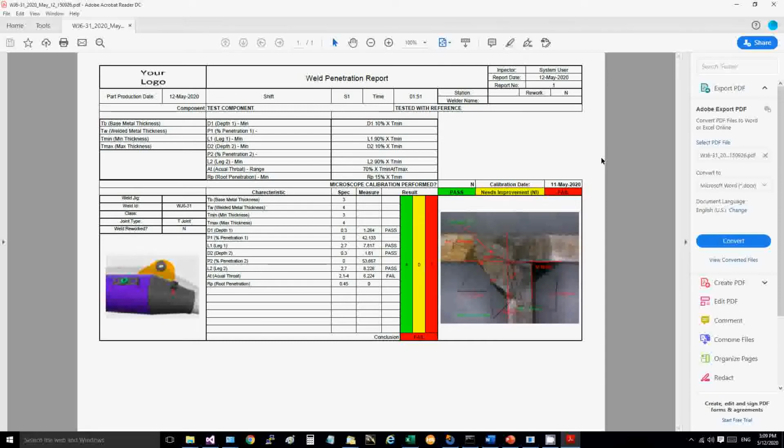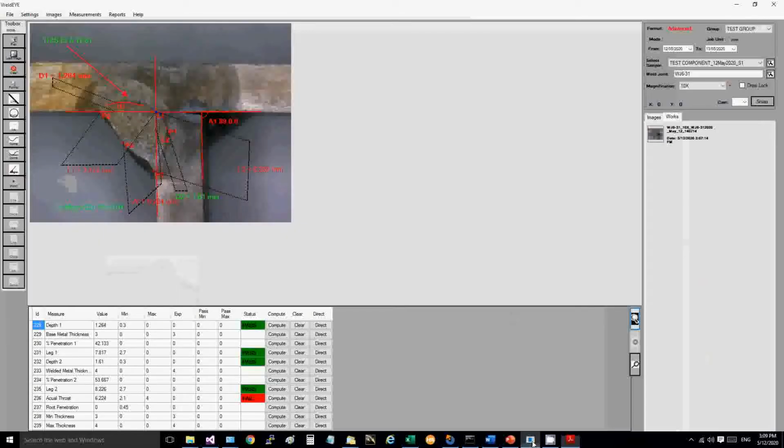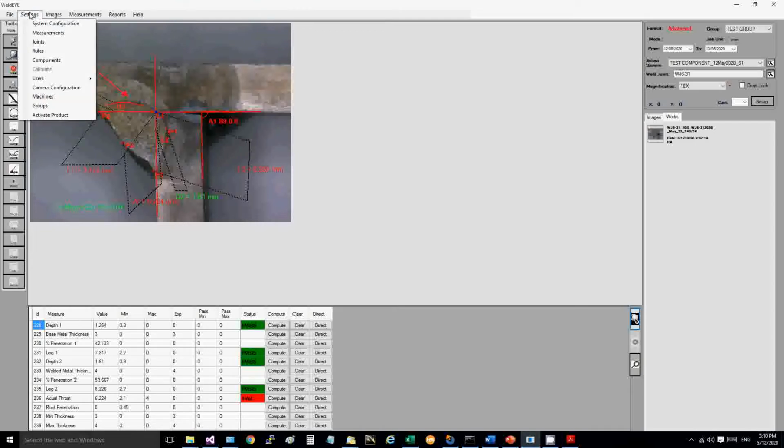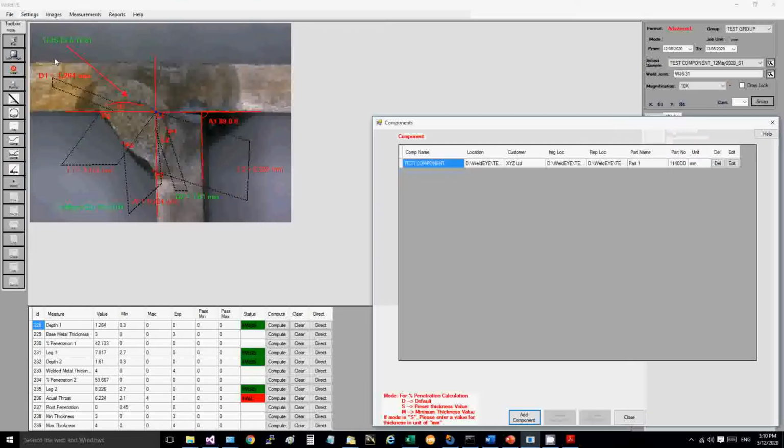Now you may ask where this file is created. If you remember, when we defined the component template, we have given a location. If you have forgotten, you can always get it back from settings, go to components. You can see that you have created the location, well-type test com, for this component.